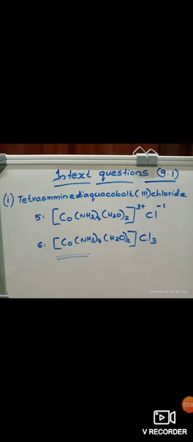So, the formula of the compound is [Co(NH3)4(H2O)2]3+ Cl−. We want to crisscross the charges so that the formula of the compound will become [Co(NH3)4(H2O)2]Cl3. The charge of this complex is given to the chloride and the charge of this chloride is given to the complex. So, the complex will get 1 and Cl will get 3. So, the formula will be in this way.